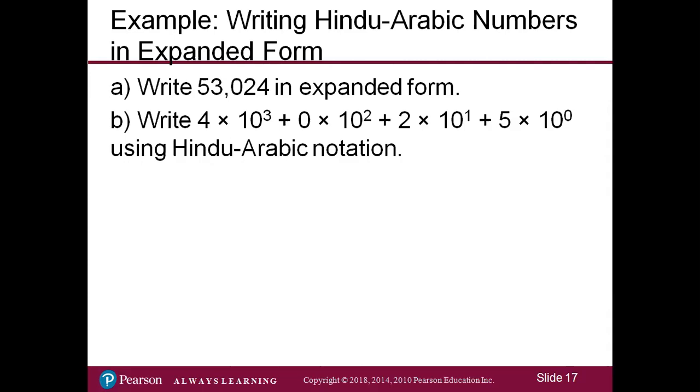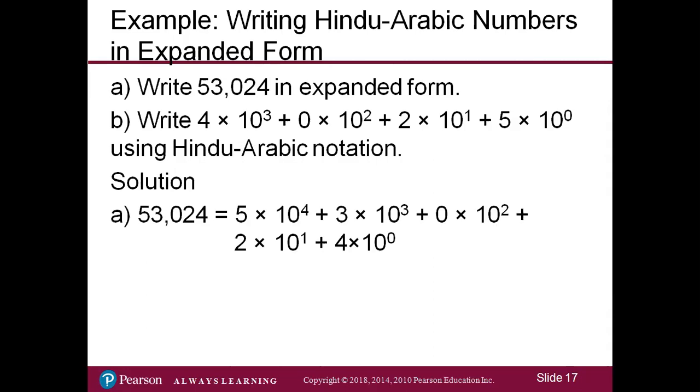Anything to the power 0 is a 1, and anything to the power 1 is itself. So the last 2 are always just the base and the units. So 10, may as well read 2 times 10 and plus 5, or 5 times 1, so plus 5. All right, so the solution for A is to write out each